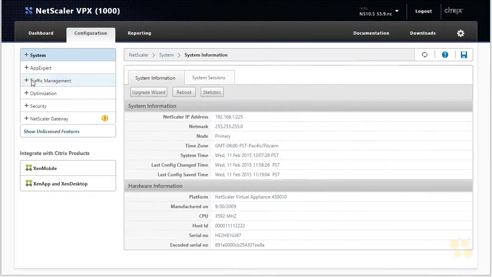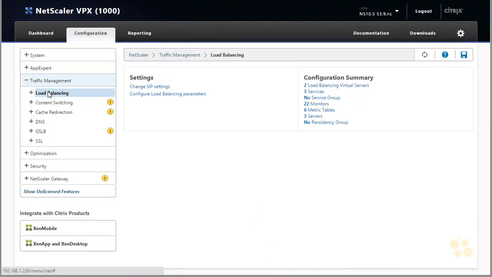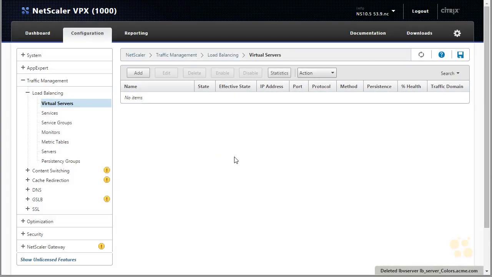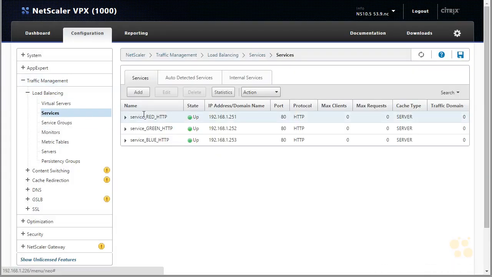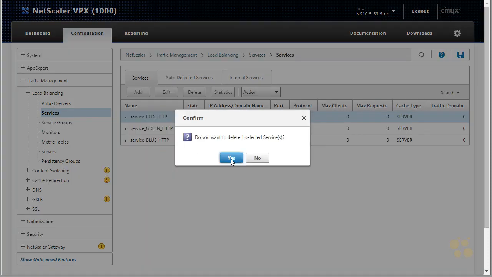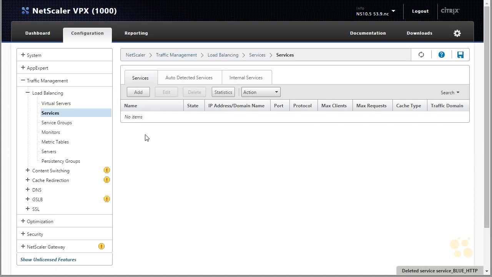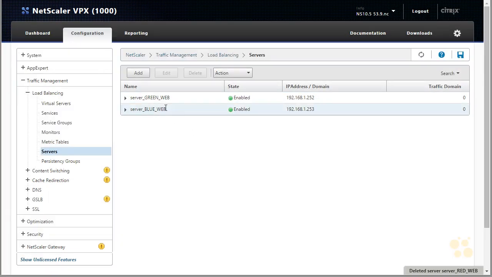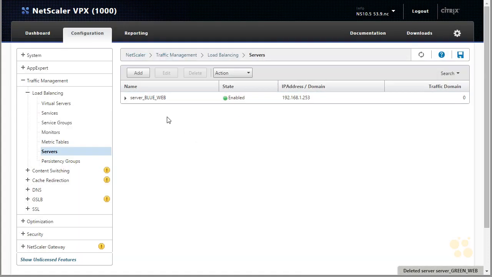So here on the NetScaler, let's go to Traffic Management, we'll go to Load Balancing, and let's remove our virtual servers. Now they're gone, let's get rid of the services. They've served us very well, but they're also very easy to recreate. So now they're gone, and we'll also get rid of our server objects as well. Goodbye, thank you, goodbye, thank you, and goodbye, and thank you. So we have no